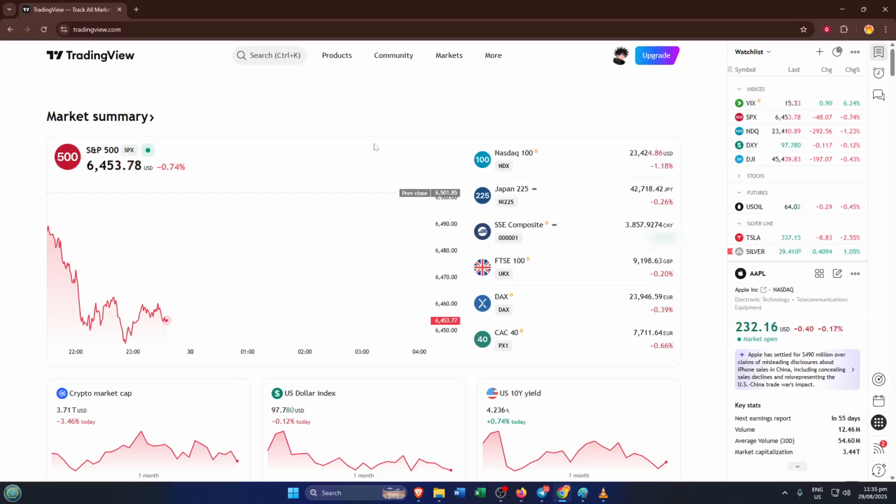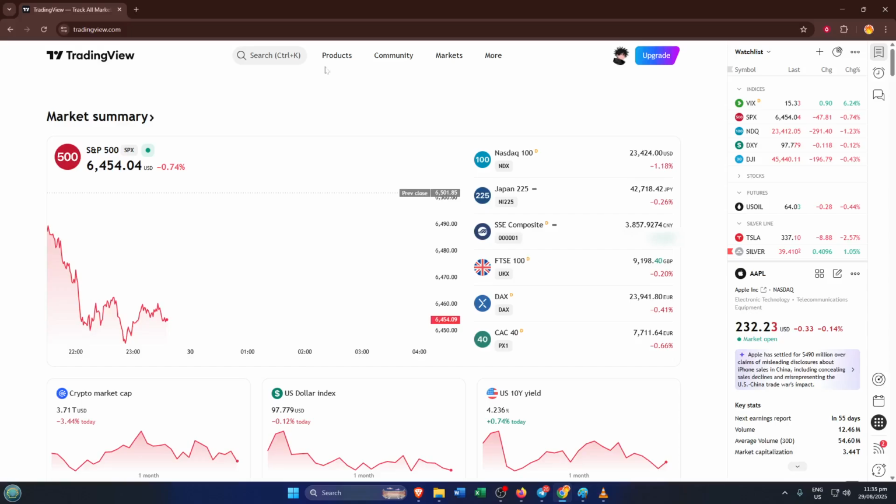started right away. First things first, you'll want to open up TradingView. If you haven't used it before, just head to TradingView.com in your browser and log in with your account. You can use their free tier for most publishing features, so don't worry if you're not on a paid plan yet. Once you're in, you'll notice TradingView offers a lot of features, but we're going to keep it focused for